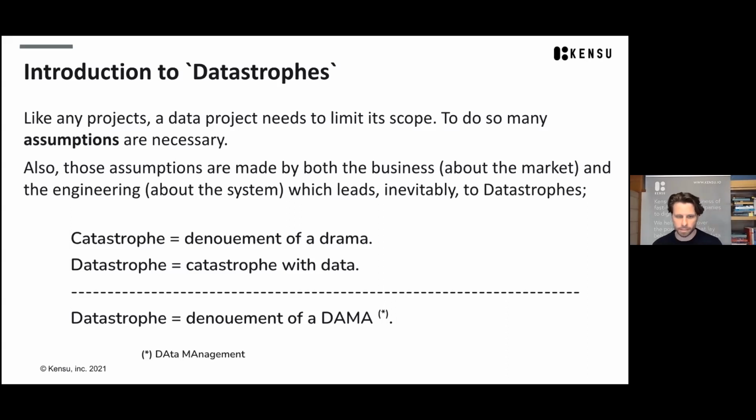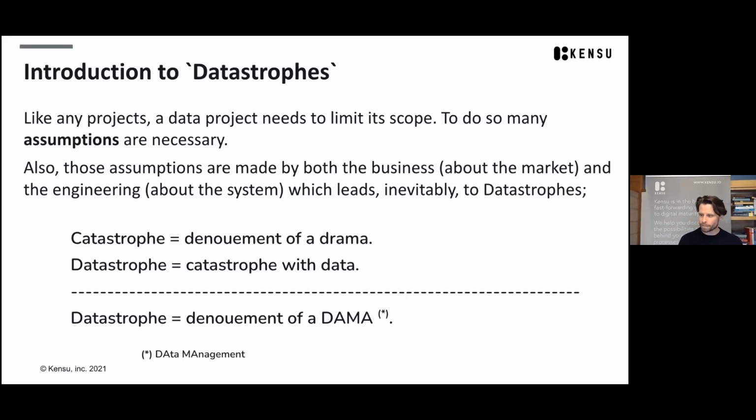So we always take decisions, and those decisions, based on the assumptions, will lead inevitably to what I call data strophes. In short, the definition of catastrophe is the denouement of a drama, basically the outcome of a drama. So a data strophe is a catastrophe with data. In a way, a data strophe is the denouement of a DAMA.